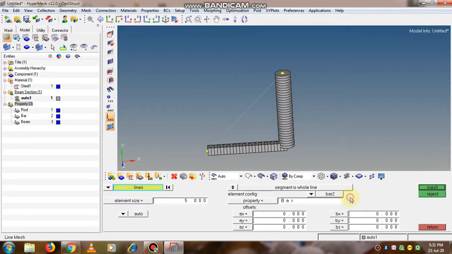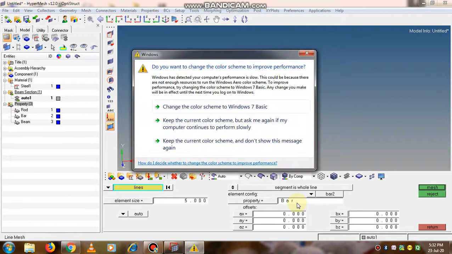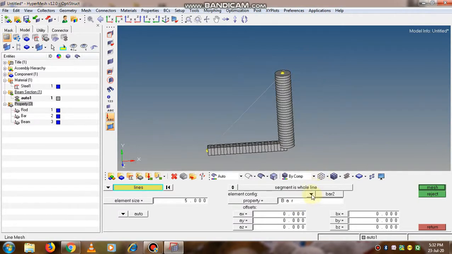Now since it is the OptiStruct version, here the beam elements are not available in this library since it is a student edition. So we'll go with the rod section only.